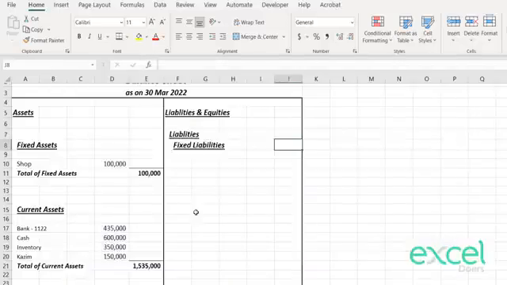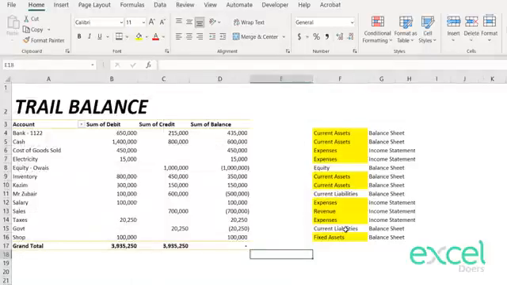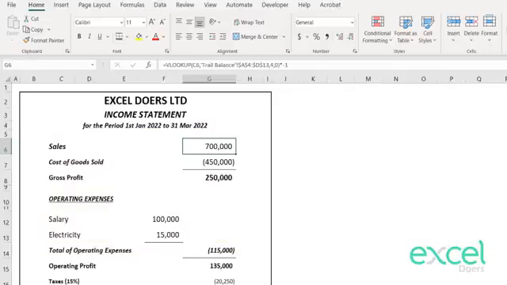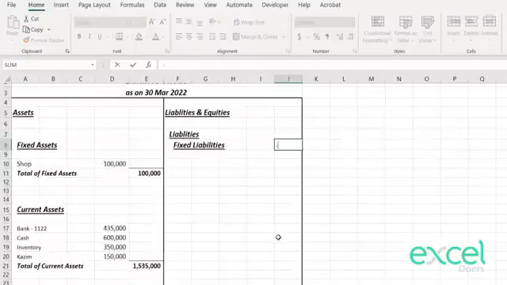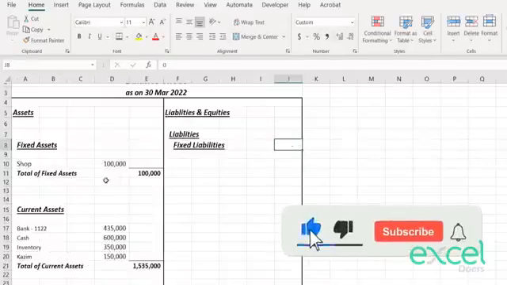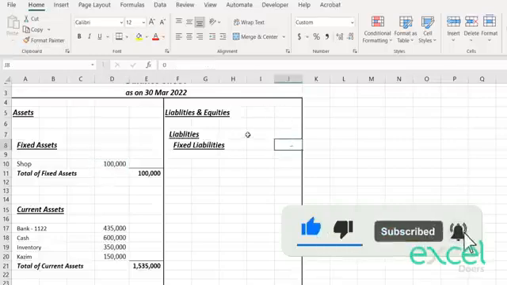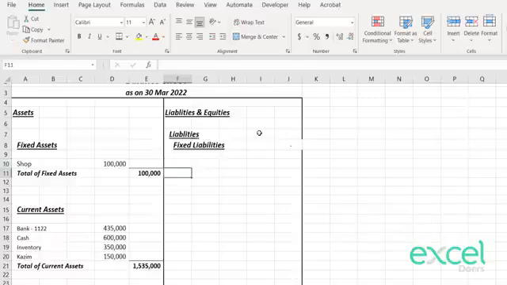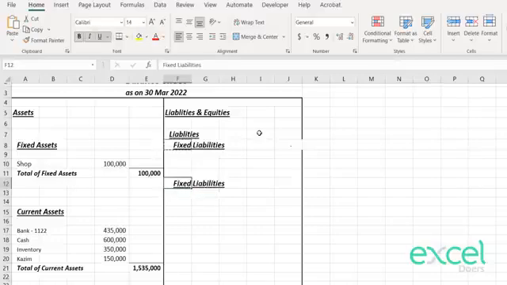So if I go into my trial balance and see is there any fixed liabilities. Fixed liabilities are usually long-term loans and these kind of stuff, so there is no fixed liabilities, so we can just put a 0 here, right? Put a 0, it will become a dash, right? Then we have current liabilities,